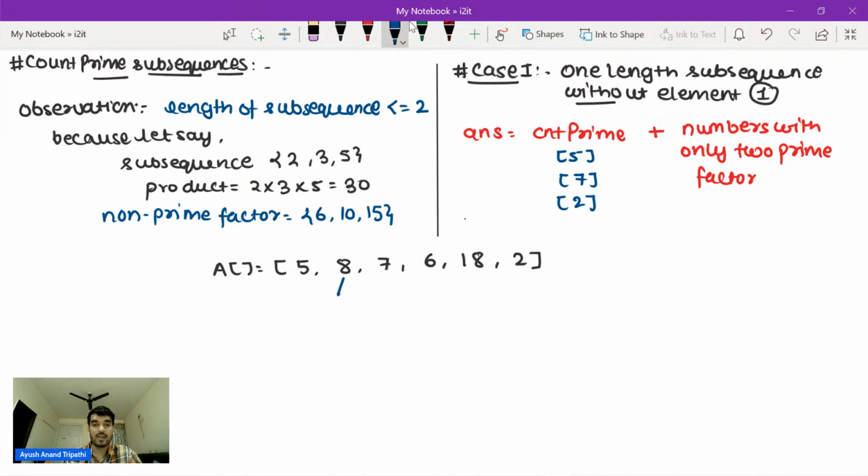So let's write the prime factorization of 8, which is 2 into 2 into 2. Here it has one factor, 4, which is non-prime, right? So I must pick some number which has only two prime factors. It has three prime factors, 2 into 2 into 2. So this is invalid. Now the prime factorization of 6 is 2 into 3. Prime factorization of 18